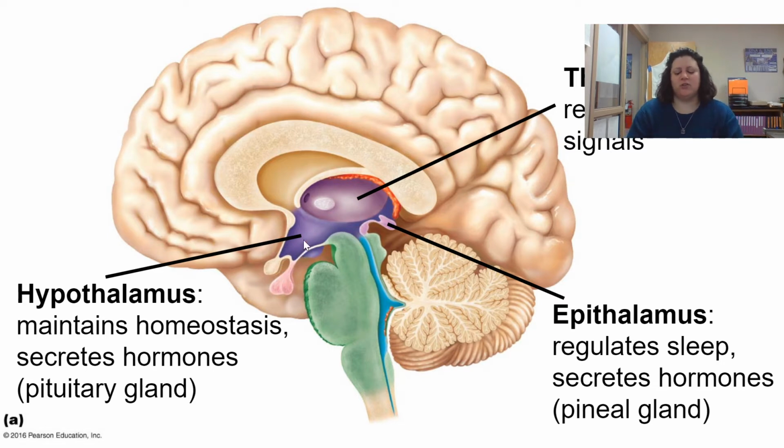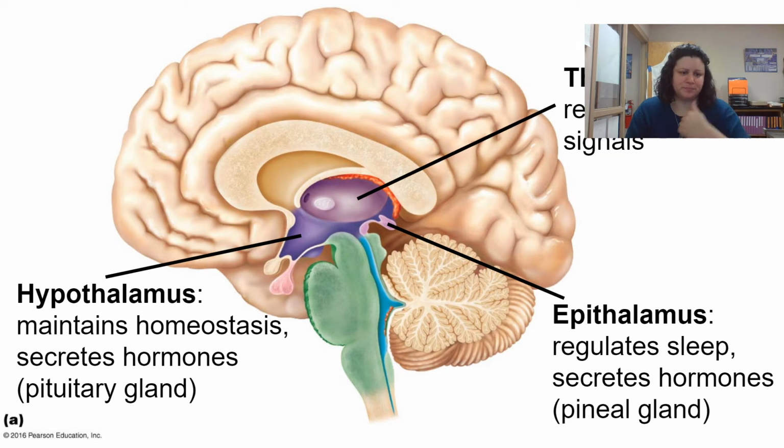It is involved in regulating pretty much the entire body and making sure that we maintain homeostasis. So if we're thinking about the food we eat, the hypothalamus has to be able to sense our blood sugar levels, the water we drink. The hypothalamus has to be able to sense how concentrated our blood is to know if we need more water or less water. It needs to be able to sense our blood to see if it's hot or cold so it can change